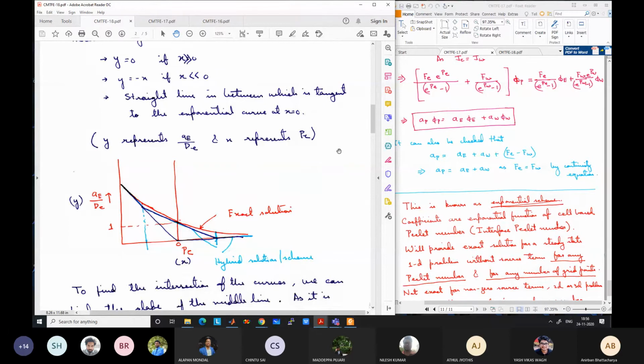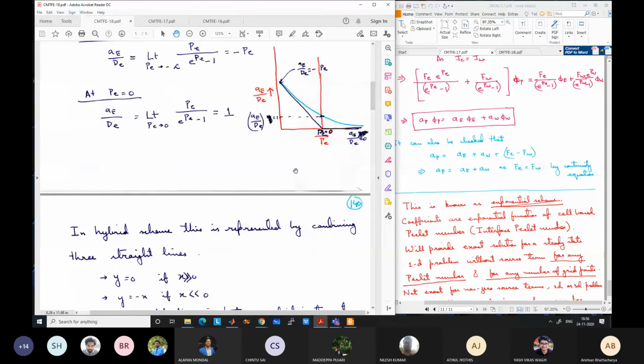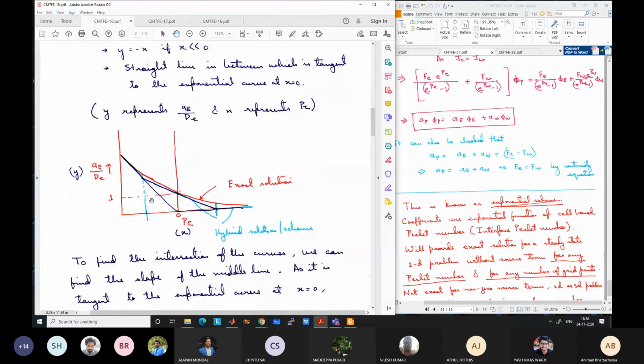Researchers are still working on different schemes. Every scheme has its positive and negative. Some may be very complicated, but maybe more accurate. Some may be very simple, and maybe it is sufficient even to use the upwind scheme if the grid size is small. So there are a lot of pros and cons. Okay. So here the idea was that